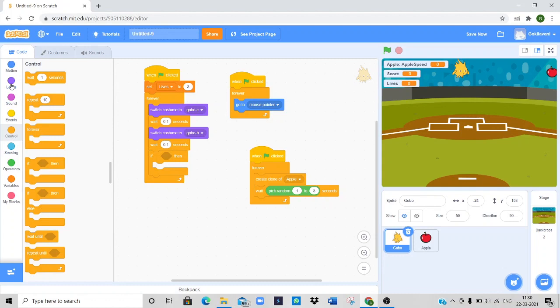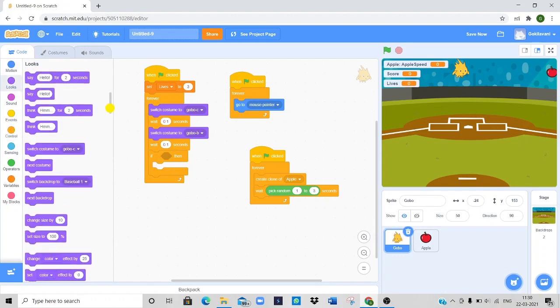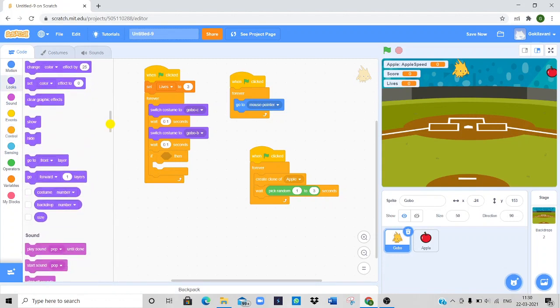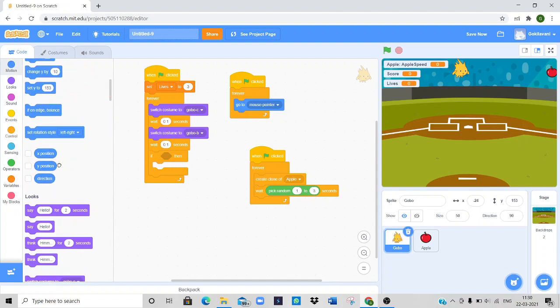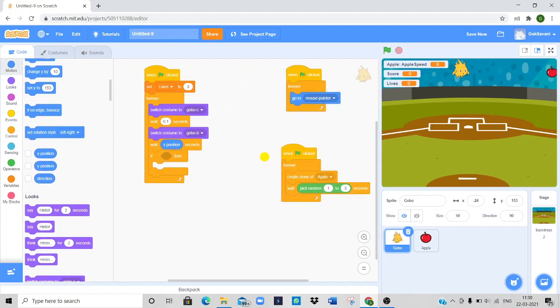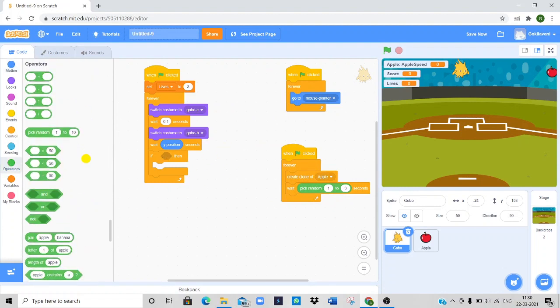If y position equals operator, sorry, it should be here, equals operator. If y position is minus 153, the top end,